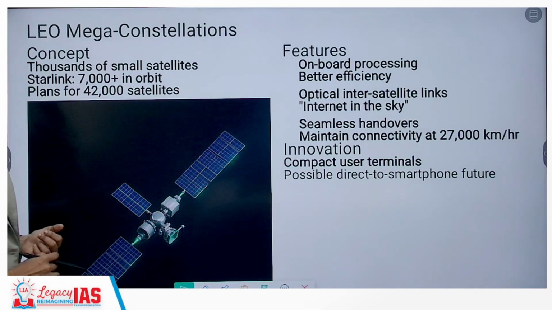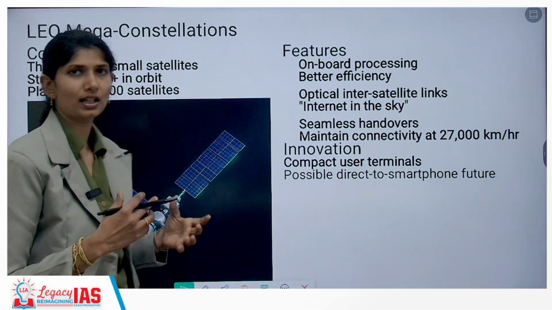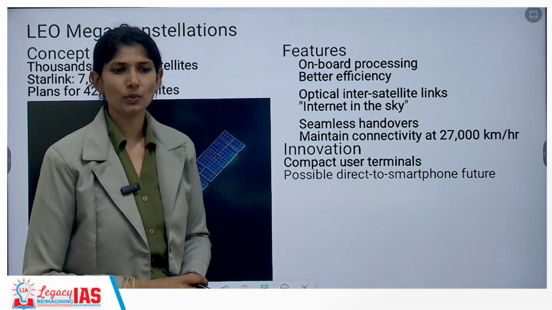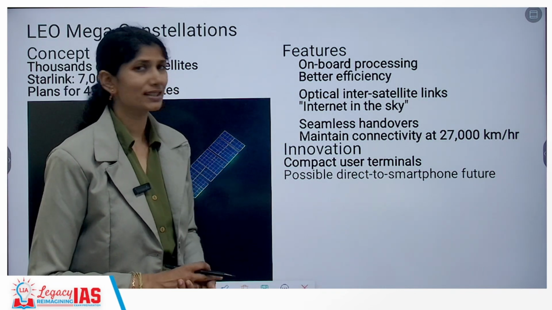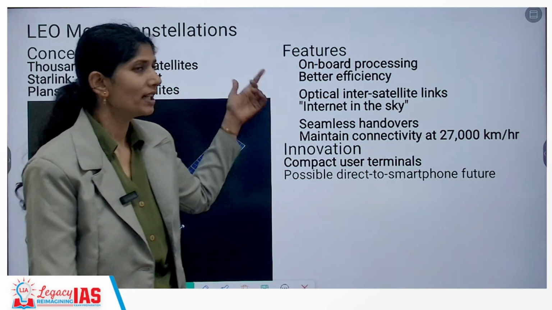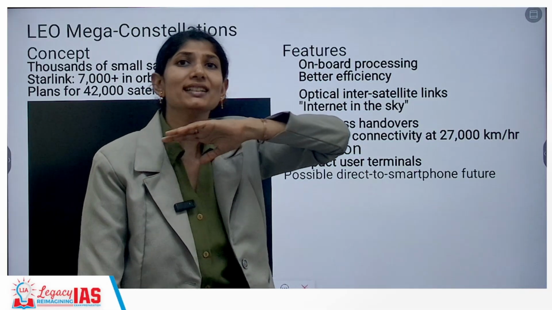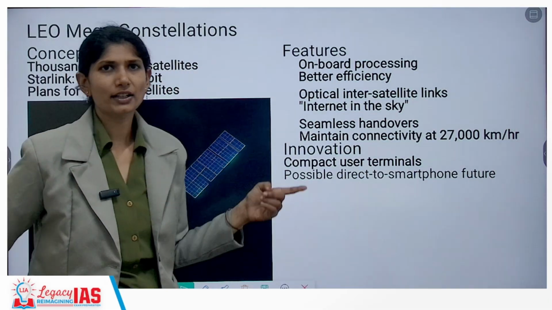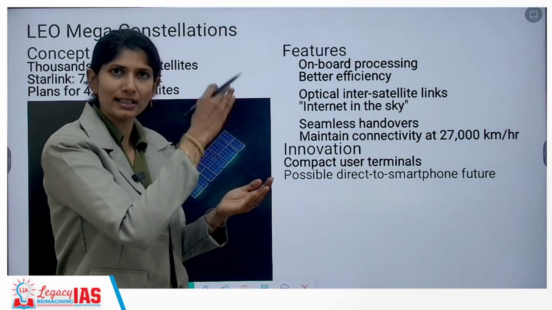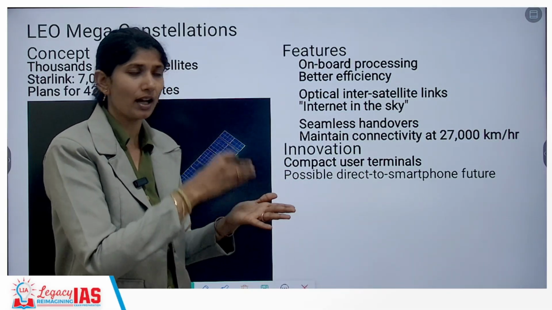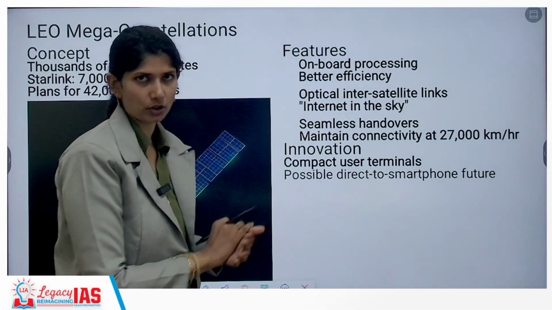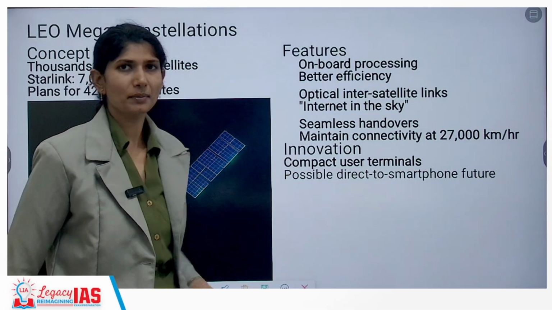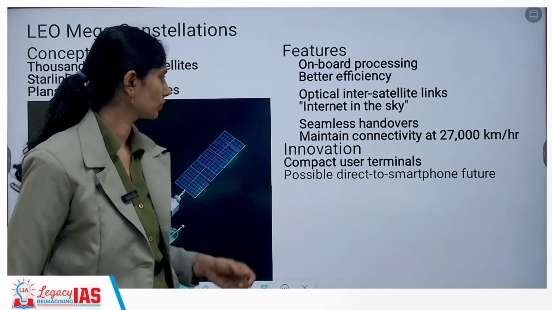So your LEO mega constellation is thousands of smaller satellites, understanding, and above that is your MEO and above that is your GEO. What are the features that we can expect from this? On-board processing, better efficiency, and also this is a true version of internet in the sky where the satellites can communicate with each other. Understanding? So this gives seamless handovers, which means if I am moving from one zone to another, let's say LEO is targeting me in this particular area, if I am moving, then automatically satellites will pass it on. So that is what we call seamless handovers, and it can maintain connectivity up to 27,000 kilometers,